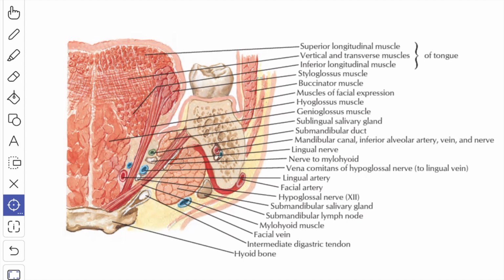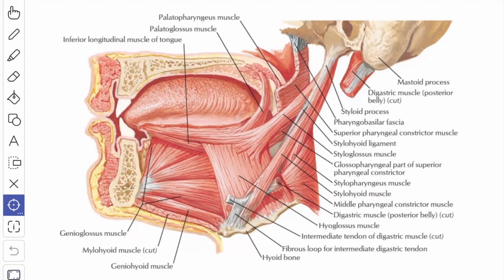Each half contains striated muscles which are arranged into 2 groups. You have an extrinsic group of muscle and intrinsic group of muscle. The extrinsic muscles alter the position of the tongue, whereas the intrinsic muscles alter the shape of the tongue. So now we'll see about the extrinsic muscles. The extrinsic muscle consists of 5 pairs of muscle: the genioglossus muscle, the hyoglossus muscle, the styloglossus muscle, then you have the palatoglossus muscle, and also the chondroglossus muscle.